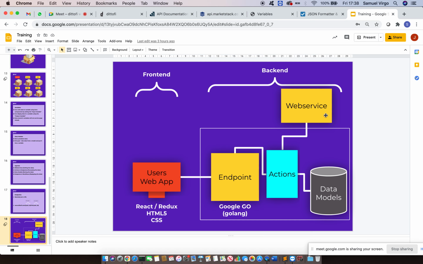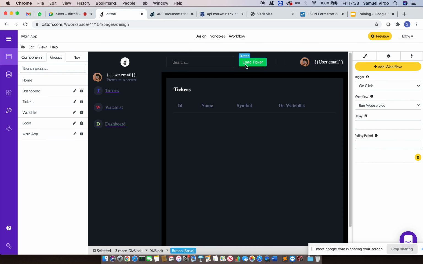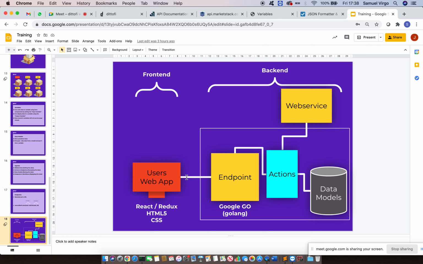The way it's set up at the moment is every time the user hits that load ticket button, we're going all the way back up to this third-party company's endpoints and fetching information from there. What you could do instead, if you wanted to overcome those two problems, is rather than fetching the information from here every time, you could just fetch the information from here once, and then